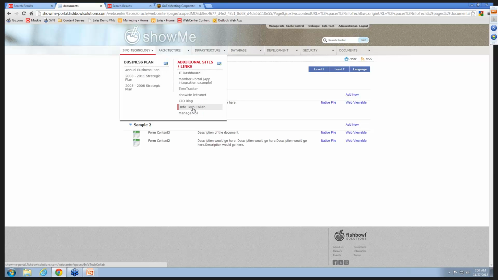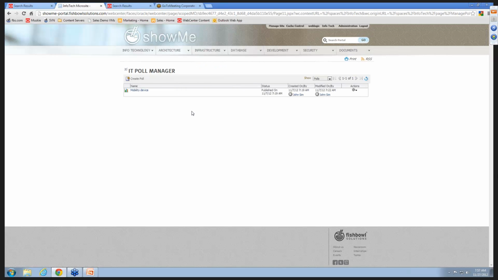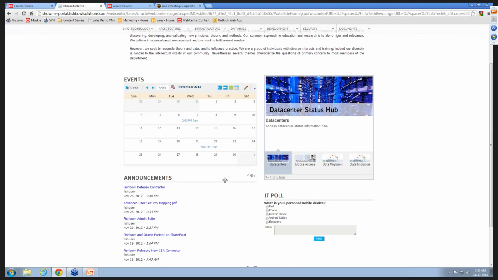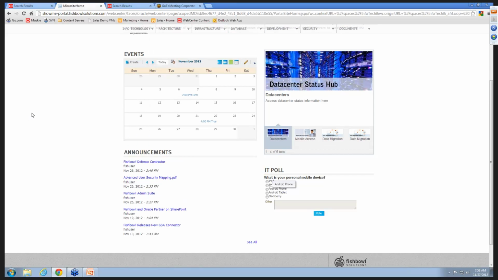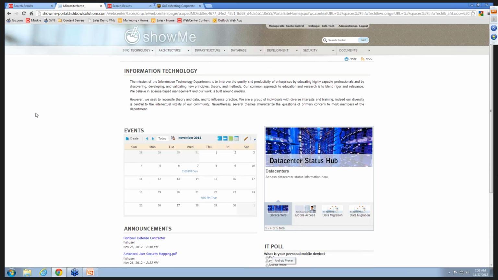Flipping back over, we also leveraged a managed poll capability, which is a custom page that was added using the out-of-the-box managed polls capability on the poll that happens to be sitting on my landing page for this microsite. So if you have the right privileges, you can go ahead and change those configurations. So that should give you an idea of how the multiple sites work, and last but not least, the